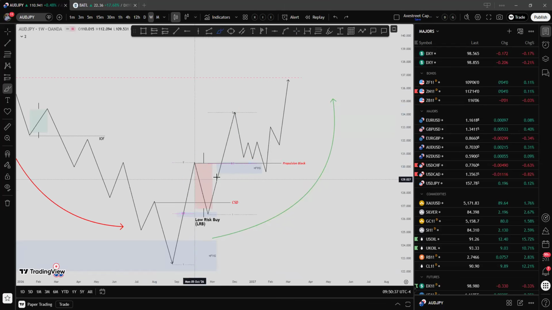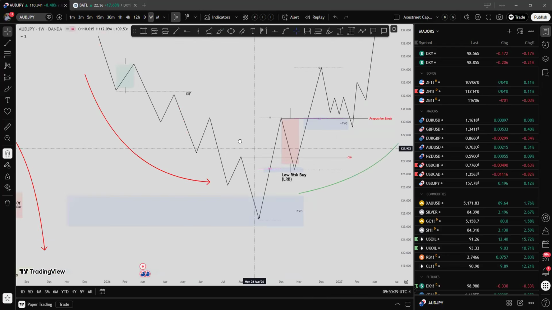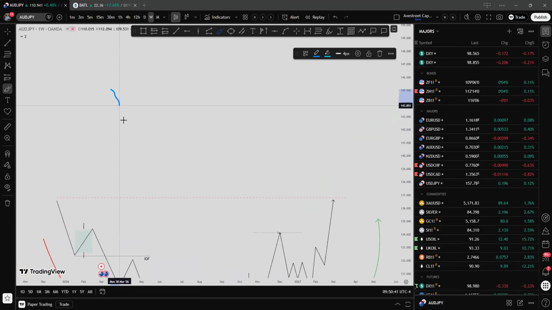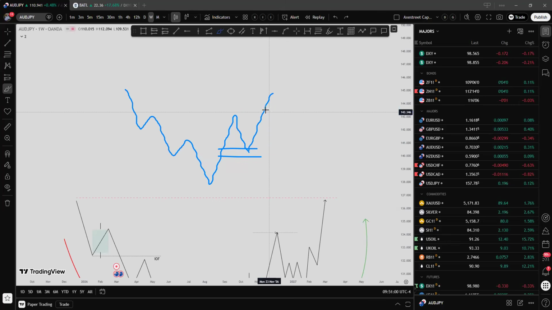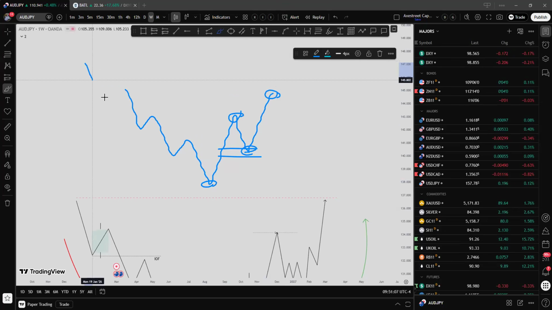So now we can confidently say, guys, if we take a look at the schematic and we rewrite it up here, we can clearly see the market trading lower. There's our first dealing range, right? Potential smart money reversal with the low risk buy down here. But it's not totally confirmed yet, right? But as soon as the market breaks this high, that is truly now a confirmation to me where we've had a low, a high, a lower high, and a higher high, where we've gone from